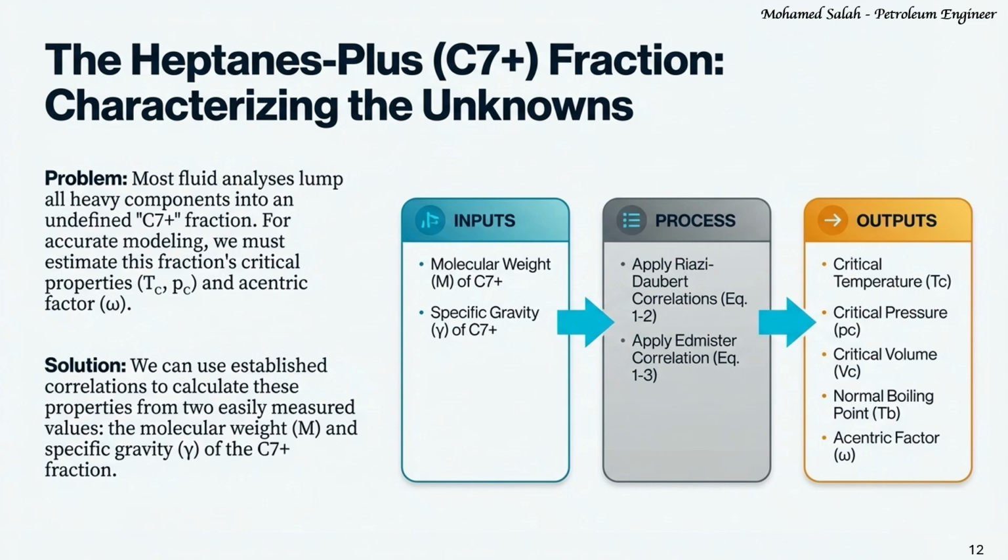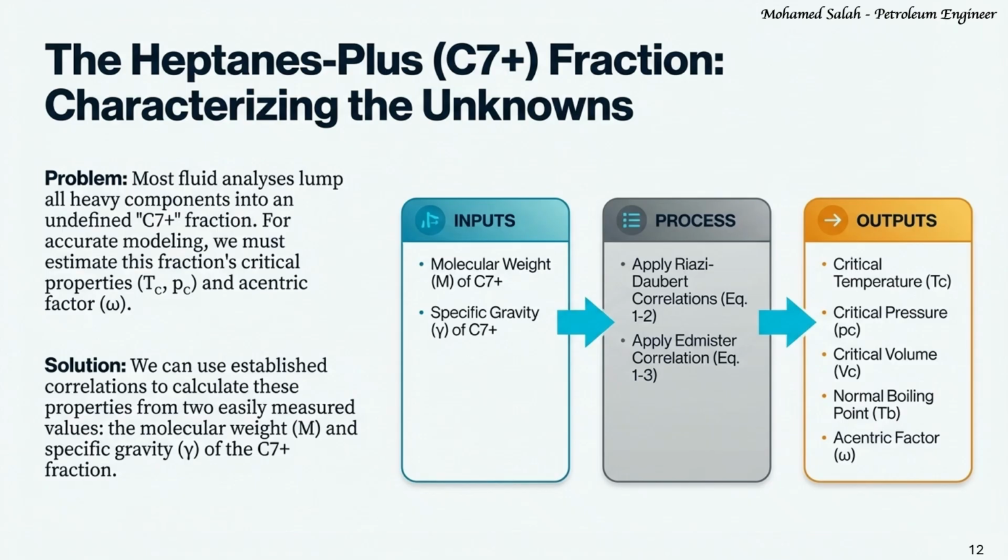We achieve this by using established empirical correlations, such as the Riazi-Daubert and Edmister correlations. These correlations allow us to calculate the necessary critical properties from two easily measured values: the molecular weight and the specific gravity of the C7+ fraction. This characterization process is essential for tuning the equation of state to accurately predict the phase behavior of the reservoir